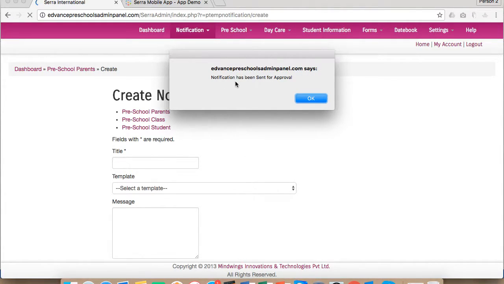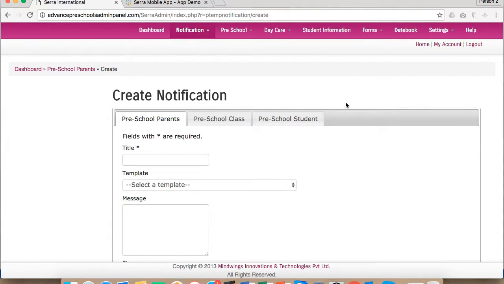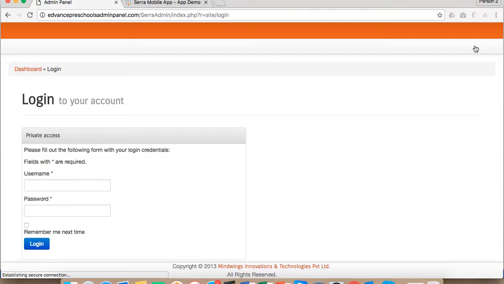And you will see this message saying notification has been sent for approval. Click on OK. Now I will log out as admin, and now I am going to log in with authorizer. This is my authorizer user ID,